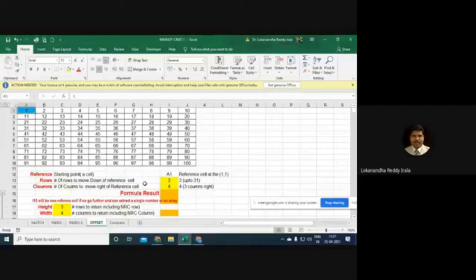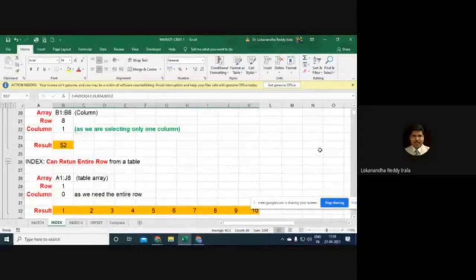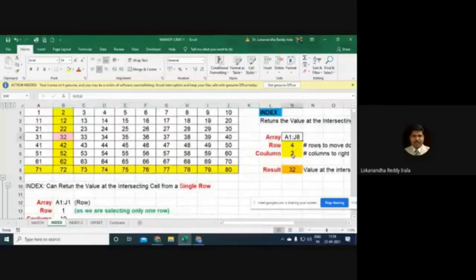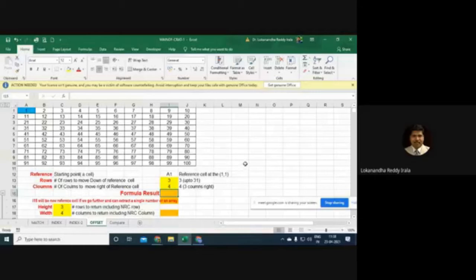The first thing is, I can get an intersecting cell value just like we did in index. See the first formula here: you give an array, a row number, and a column number, and the intersecting value is given to you. The same is performed by offset also. We'll start with that.